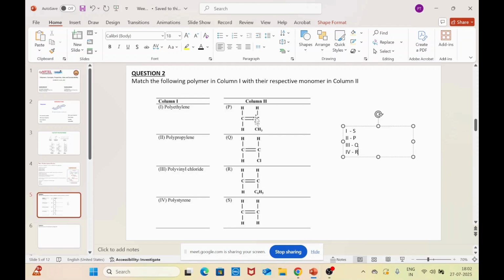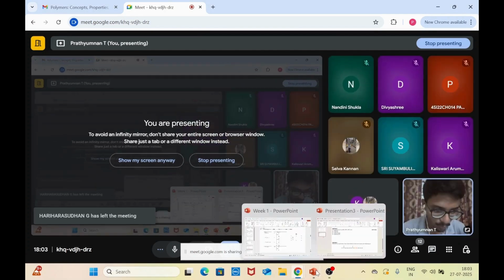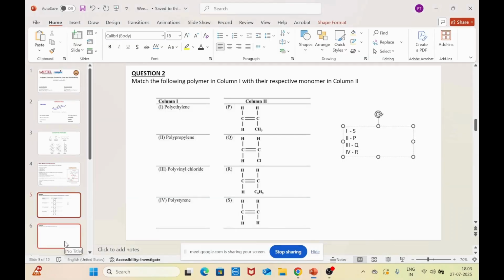This substitution with different groups gives it different properties. If you see polyethylene bags, the ones you use as PE bags, and polyvinyl chloride, those two are completely different. So this substitution of different atoms in the monomeric unit gives completely different properties to the polymers. I hope this was a very easy one and nobody has any doubts. So let's move on to a similar question.